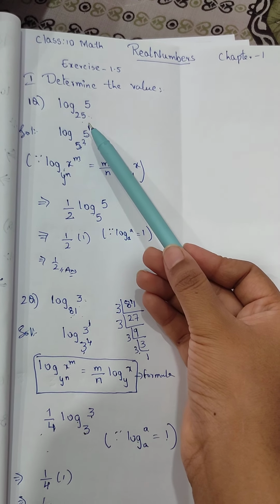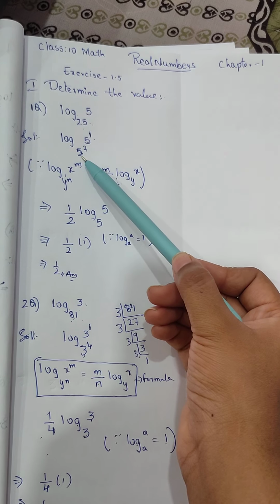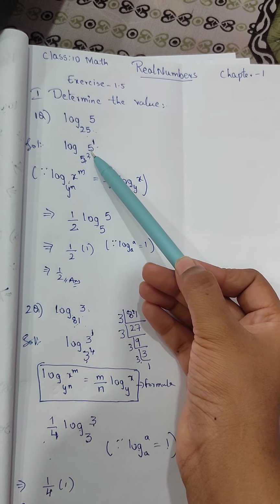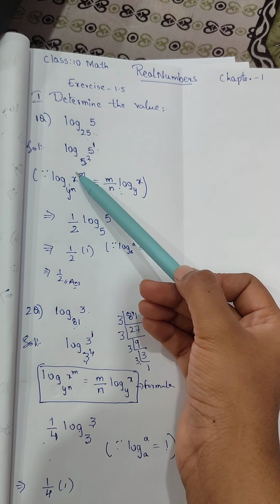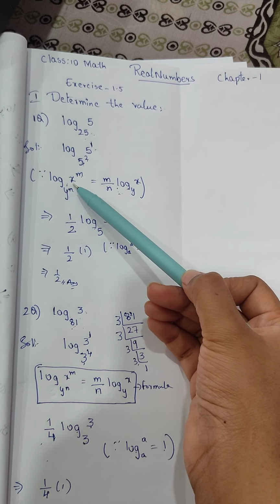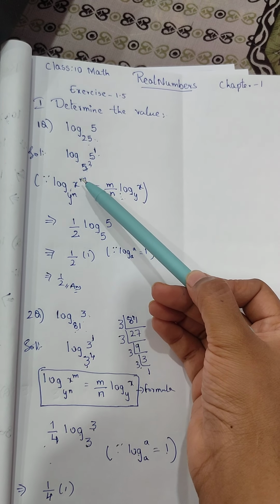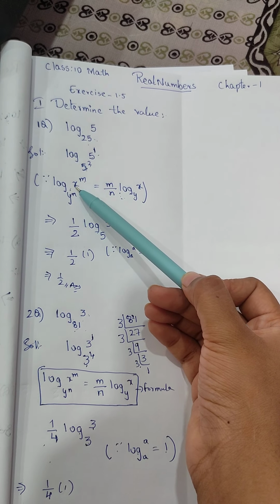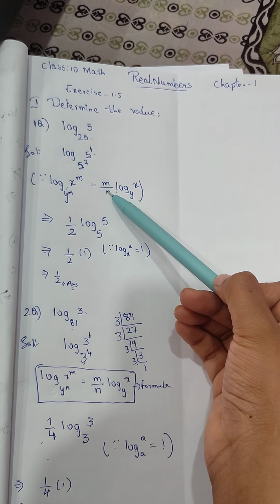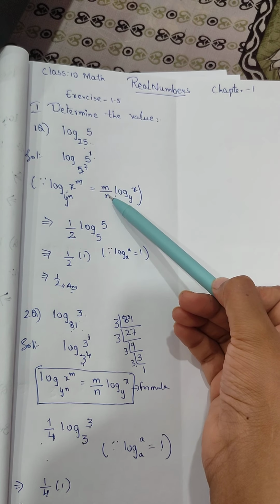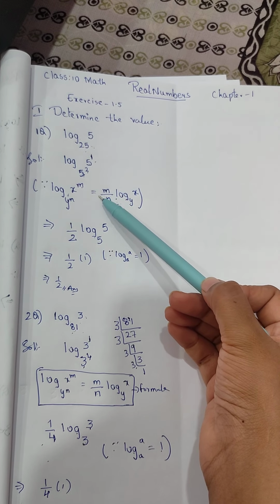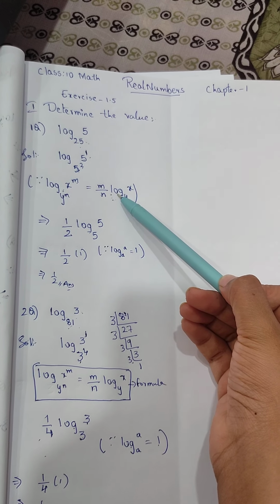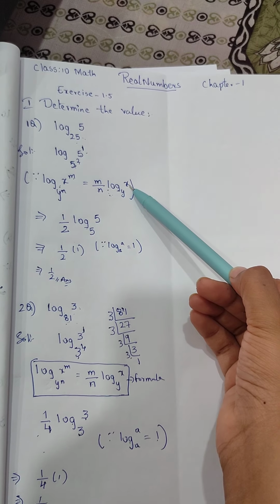Now this 25 we can express as 5 squared, since 5 times 5 is 25. So in place of the base, I wrote 5 squared, and 5 to the power 1. Now by using the formula for log of y power n, x power m: when the base has a power and the argument has a power, we write the powers down first, in front of the log, before the log. Whatever the powers are, you write them before the log, and the remaining log, base value and argument you write the same.